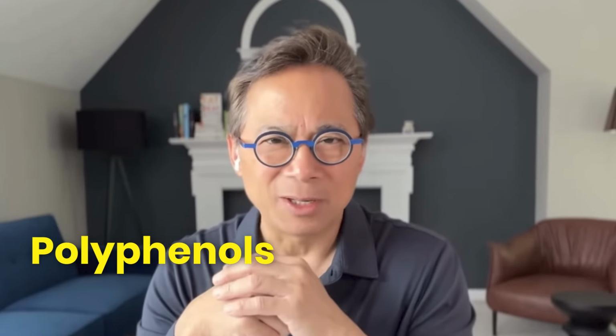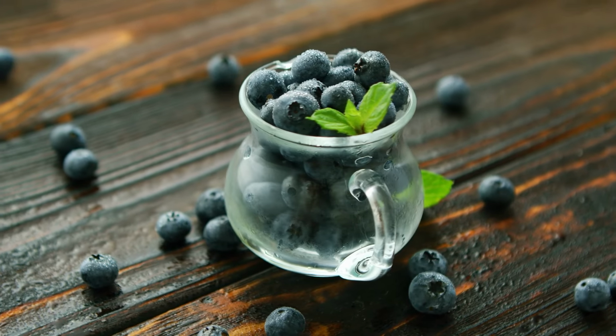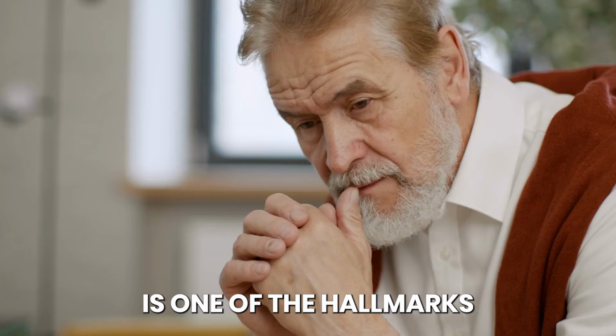It's high in polyphenols, all right? Polyphenols like quercetin, which is found in apples and onions and capers, or proanthocyanidins, which is found in dark chocolate, or anthocyanins, which are found in blueberries. These can help slow down cellular aging. They're antioxidant, they protect our DNA, and they have anti-inflammatory properties, and inflammation is one of the hallmarks of fast